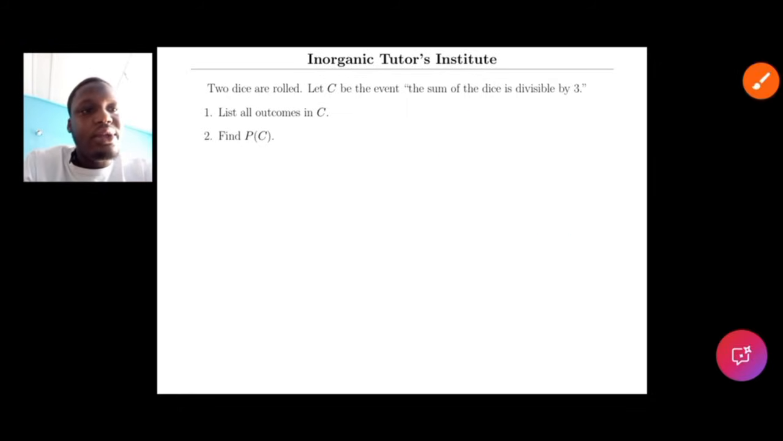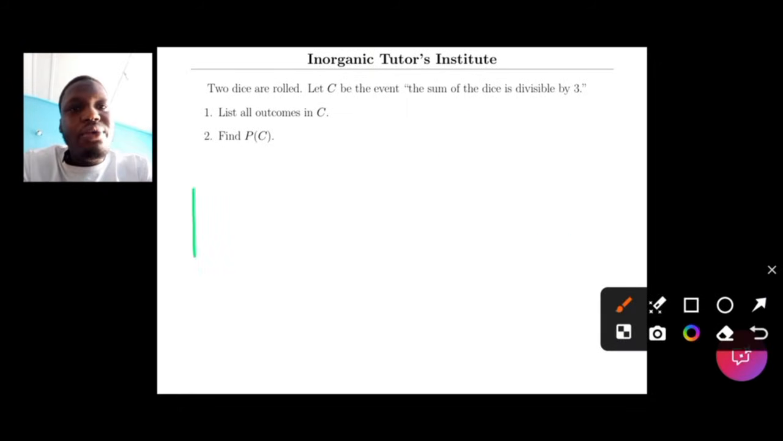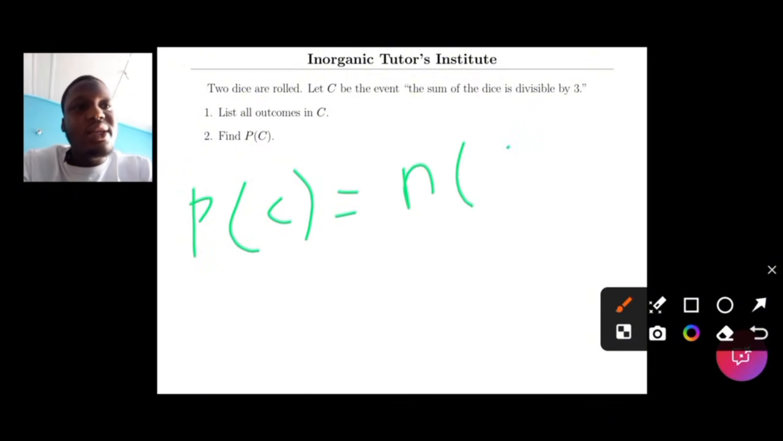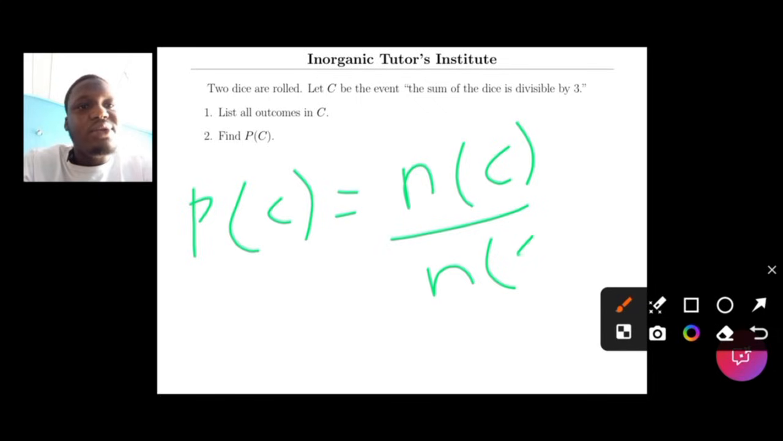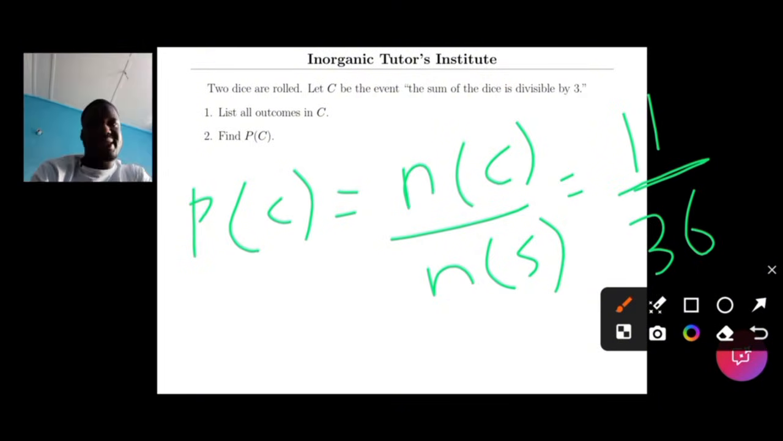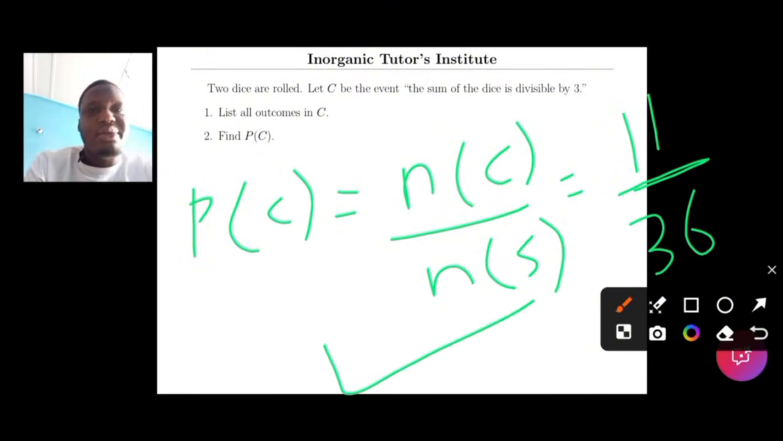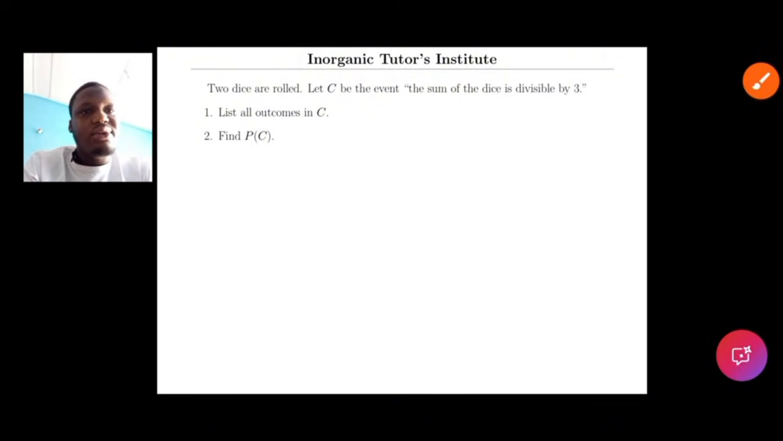Okay, good. So the probability of C will be the number of C over the number of sample space. The number of C we found to be 11, and the number of sample space we know to be 36. So that's how to correctly determine the probability of C. Okay, good. So we proceed to the next question we have,